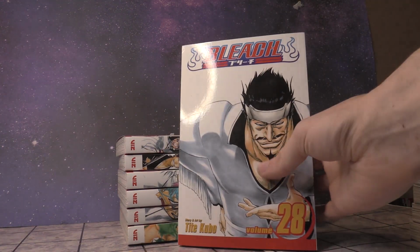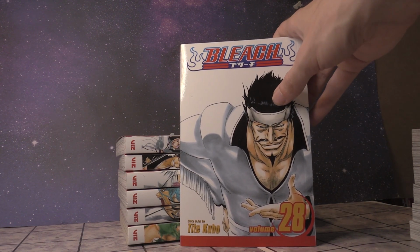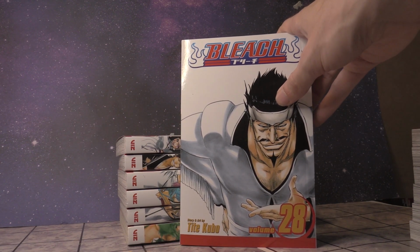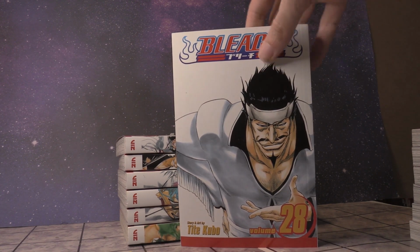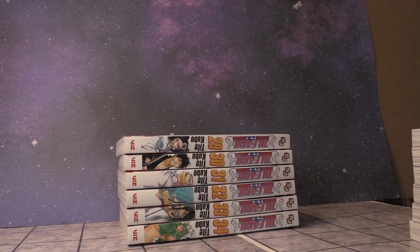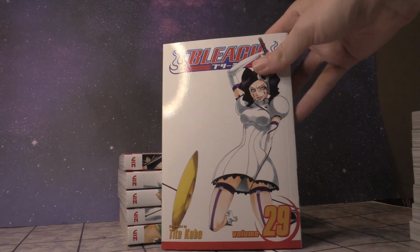And I remember this fight, he wanted Ichigo to go all out with fighting him. He wanted him to use his Bankai. Ichigo was kind of hesitant at first, but then he ended up using all his strength against him. And then we move on from there. So we have volume 29,